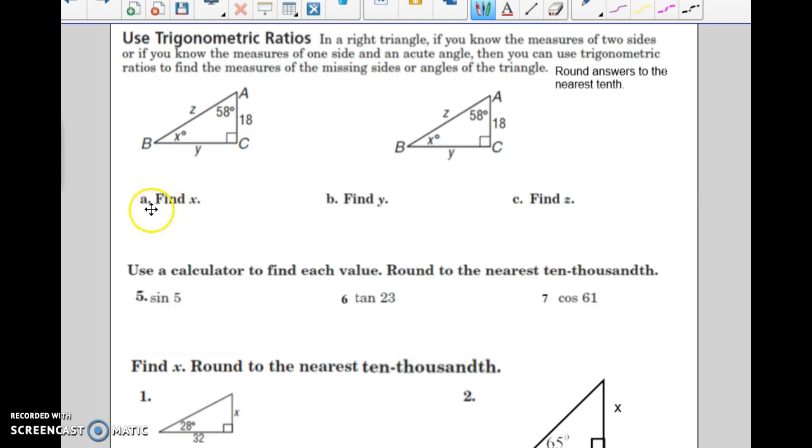So right here, they want us to find x. What is x? An angle. So what do I have to think about when I'm trying to find an angle? Second. Very good. That's the first place to think. I might need to push the second function, right? But on this one, how would I find x?